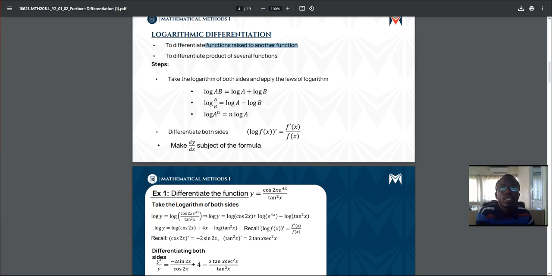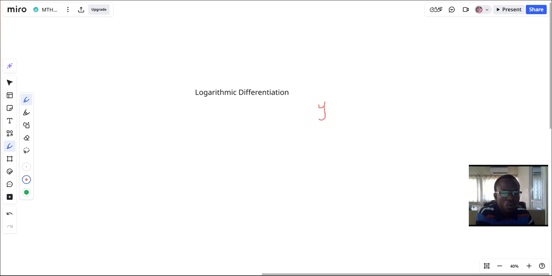Also, you can make dy over dx the subject of the formula. What does this mean? If you have y equals log x, and you are asked to find the derivative of this function, the first step is to take the log of both sides. Log y is equal to, no, sorry, if you are asked to find